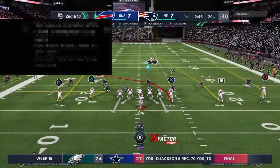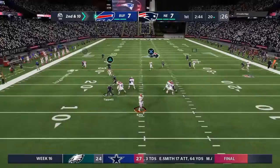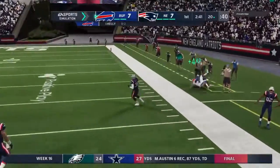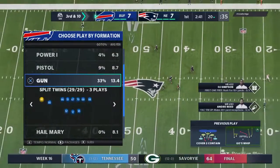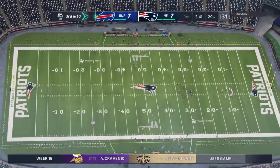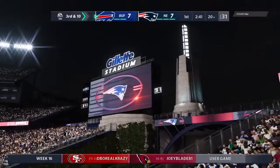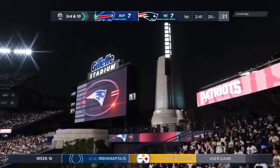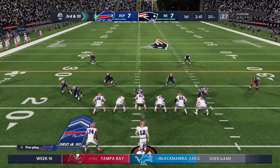After the incompletion, here's 2nd and 10 from the 20. He's going to take another shot here. And this one taken in on the right sideline, but not in the field of play. They say it's incomplete. The throw led him a little too far. It brings up third down. So back-to-back incompletions, and that has him staring at a 3rd and